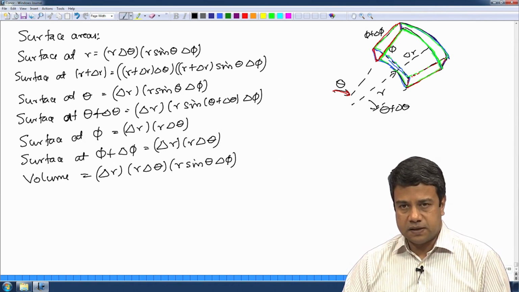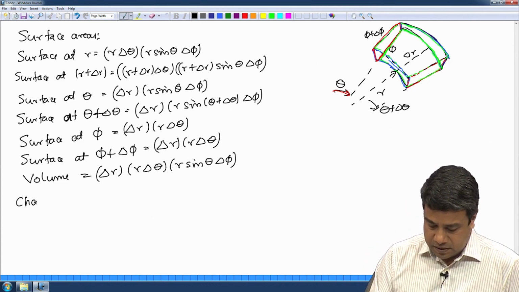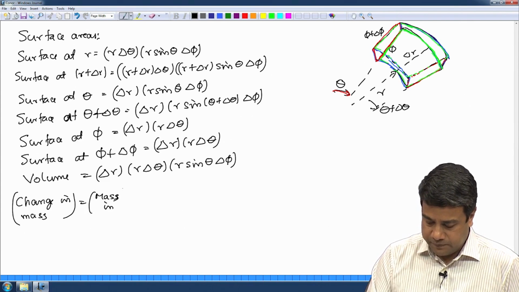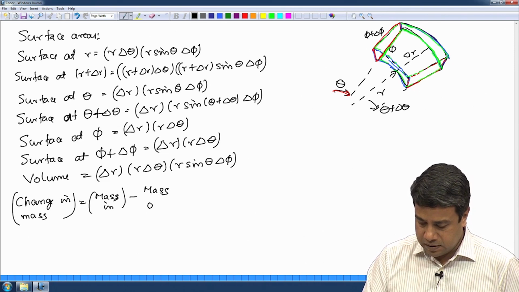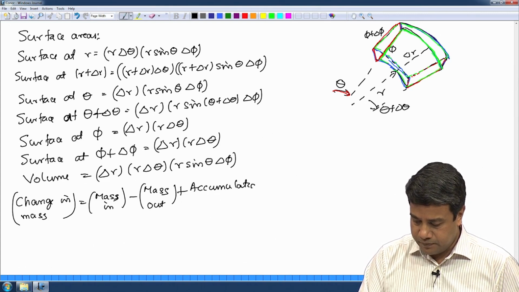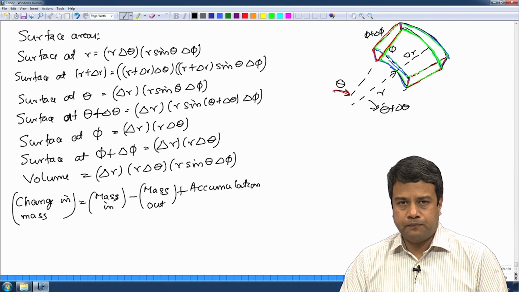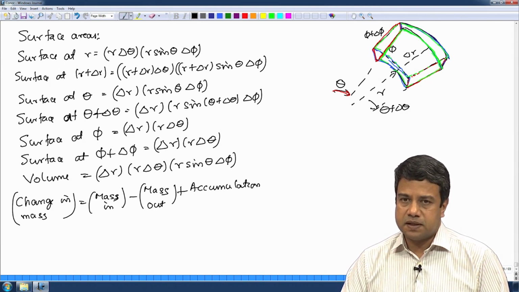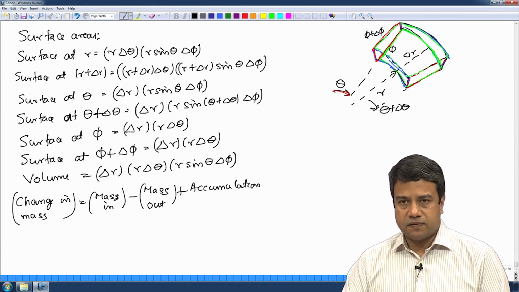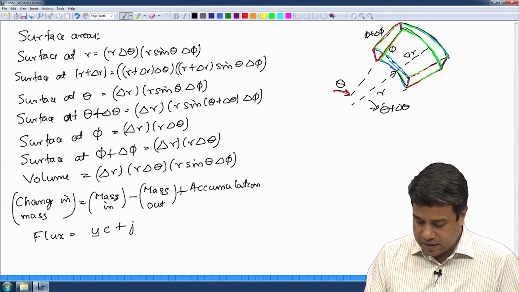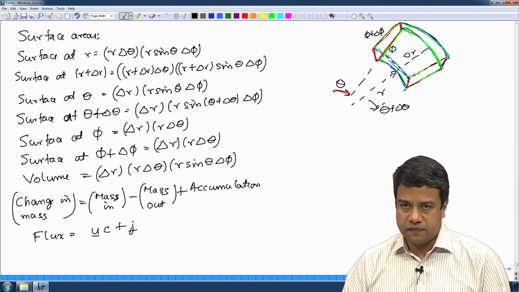And for this I have to write the balance equation, that is, change in mass is equal to mass in minus mass out plus any accumulation. And as I said, the mass in and the mass out are equal to the flux times the area times time. The flux consists of two parts, u times c plus j, the convective flux plus the diffusive flux,